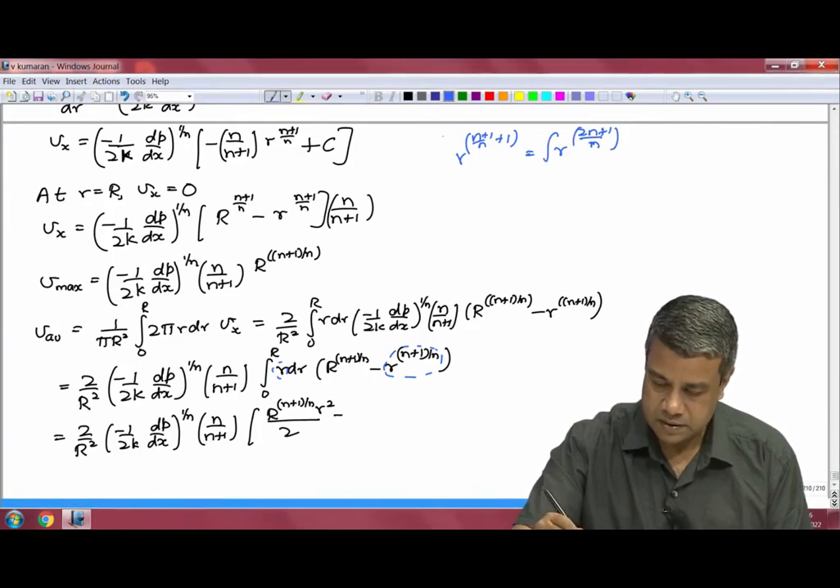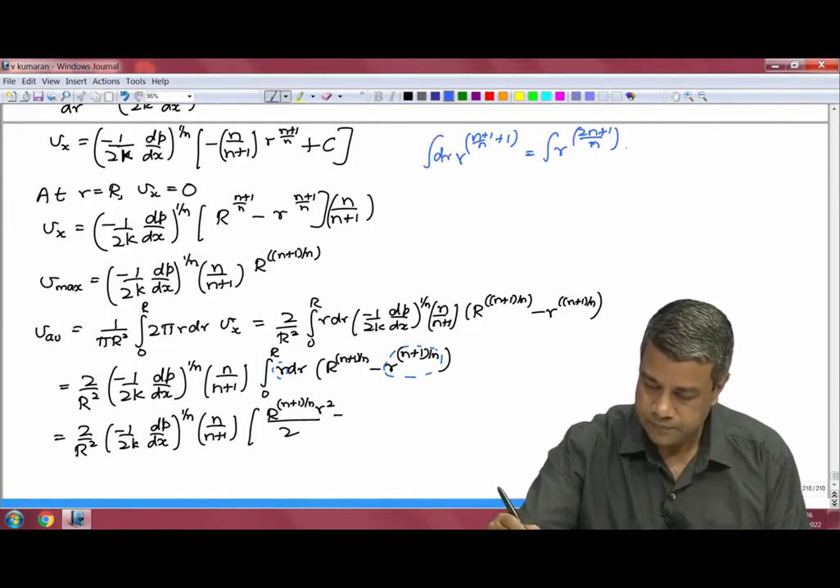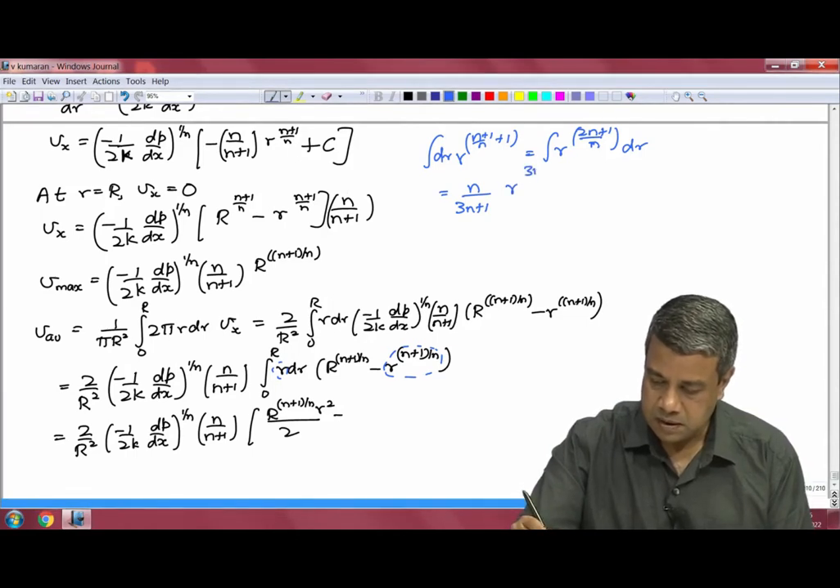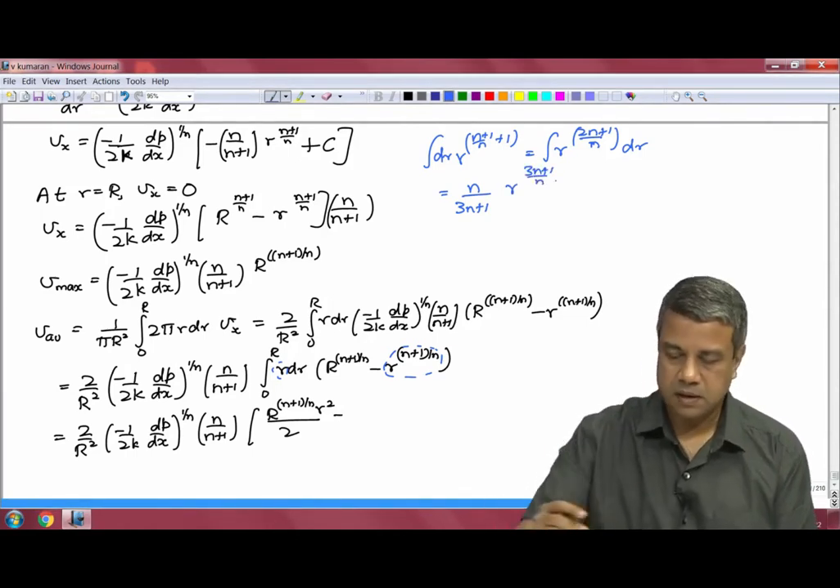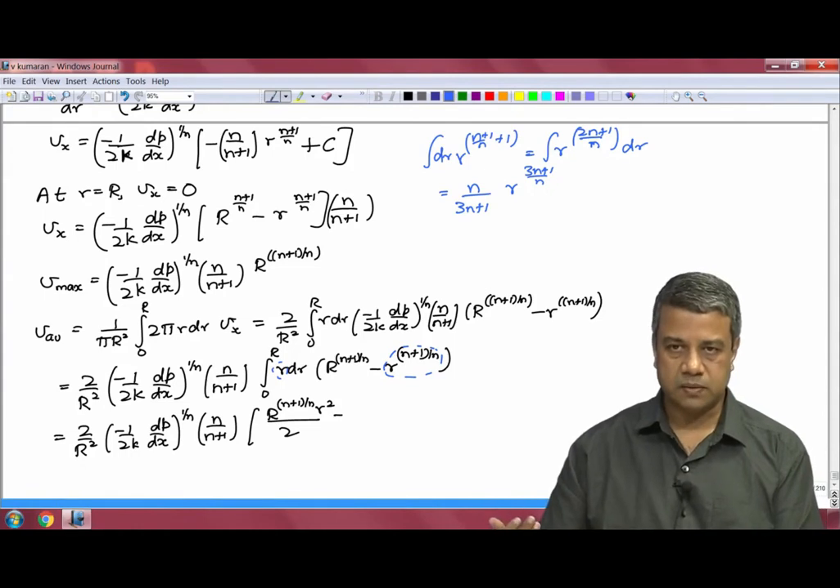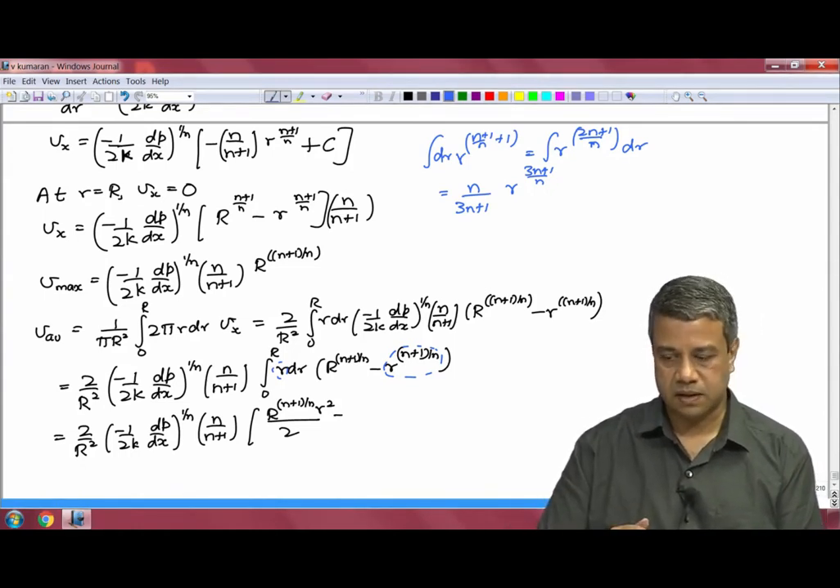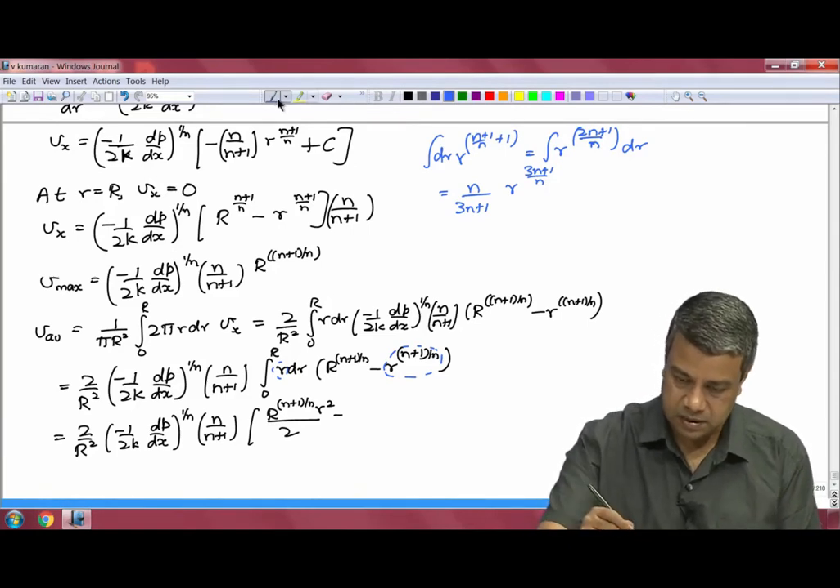Integral of this. Okay. This is going to be equal to n by 3n plus 1 times r power 3n plus 1 by n. Okay. 2n plus 1 by n plus 1, which is r power 3n plus 1 by n, and I divide by that exponent when I take the integral. Okay. So, I will get